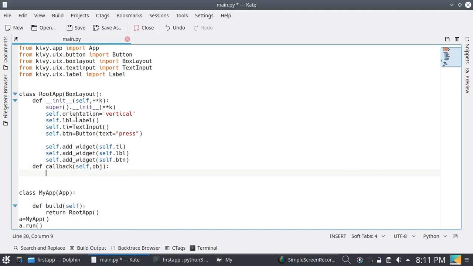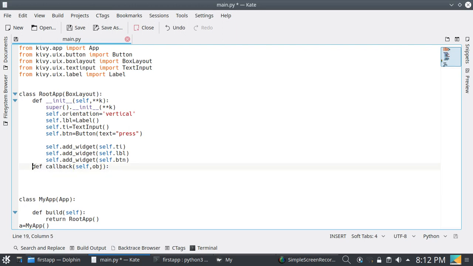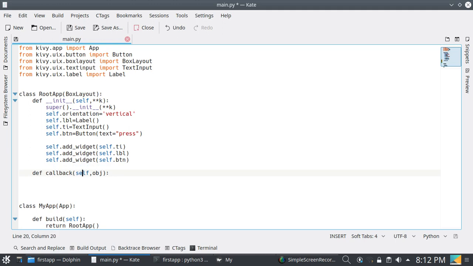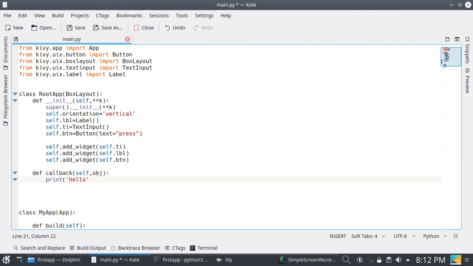Self is the object of its own class and obj is this button object. Let's print something. Print hello. I am printing this hello.